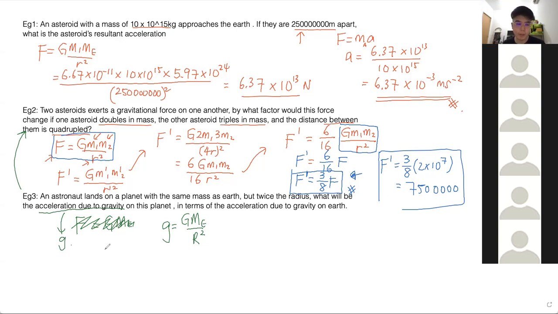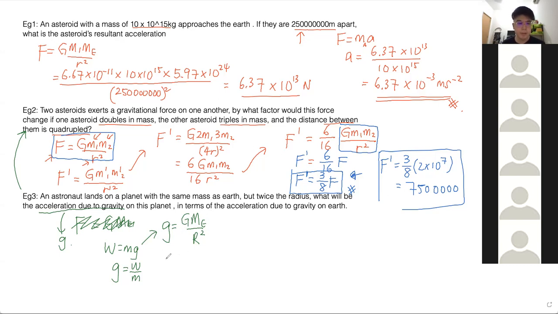Okay, you have a lot of equations for g, like W equals to mg. Also, you can say g is equals to W over m. Okay, but this one we use for gravitation. Okay, so you can see g depends on two things. Depends on the mass and depends on the radius of the planet. 所以如果那个 planet 的 radius 越大，是你的 g 是越小。